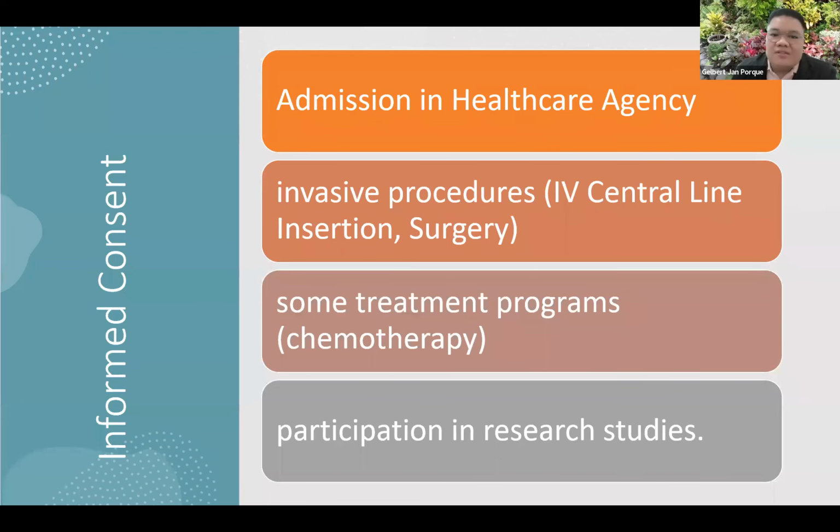So today I'll be discussing informed consent. In our previous topics, I have repeatedly mentioned informed consent. Now we will give you the details of informed consent, or what it is. So guys, when I say informed consent, your informed consent is needed in any of the procedures that are posted